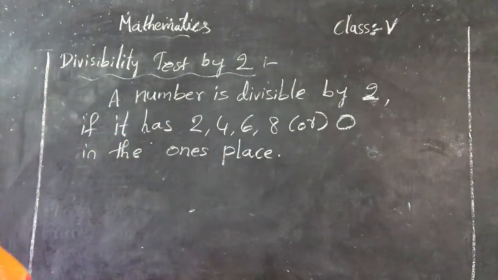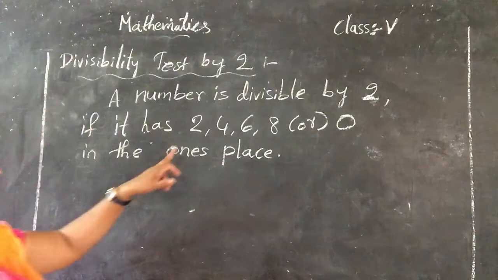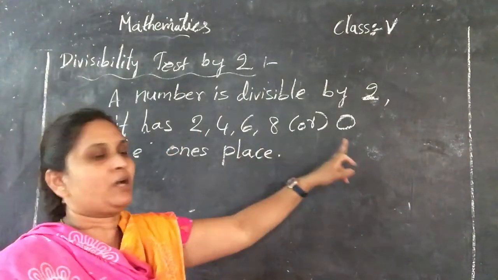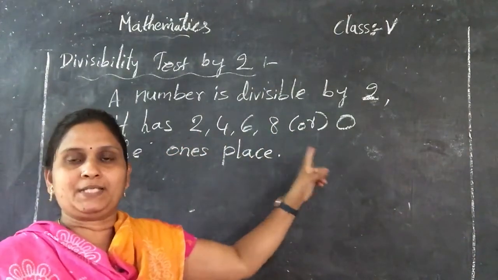In the ones place. If in the ones place 2, 4, 6 or 8, out of these numbers, any one number